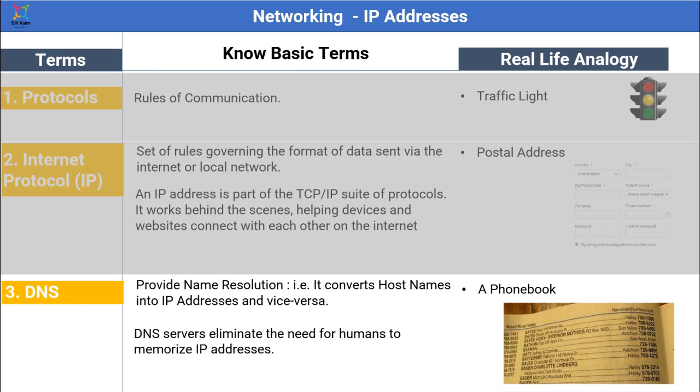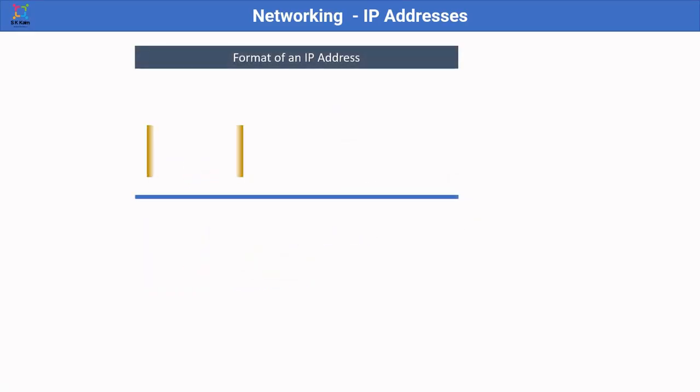A real life example of DNS can be a phone book. A phone book or a yellow page is a book of records of people or organizations and their corresponding contact numbers. So if we know the person's name or the organization's name, we can search, since they are placed in sorted order, and when we find the name in the book, then we can find the contact number of that particular organization.